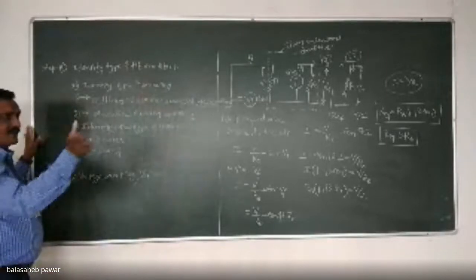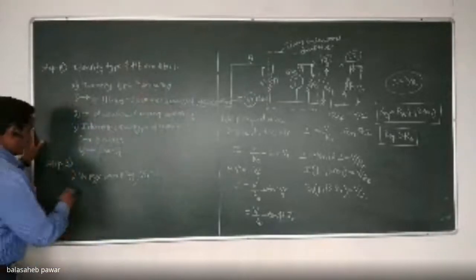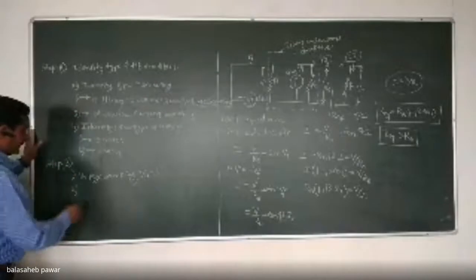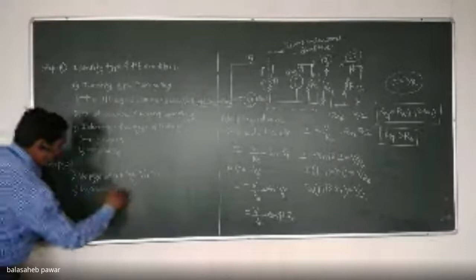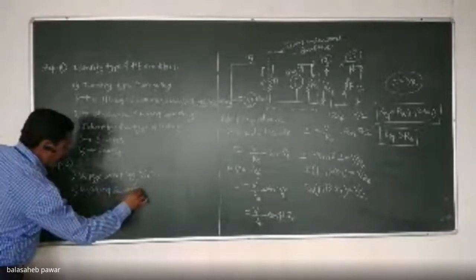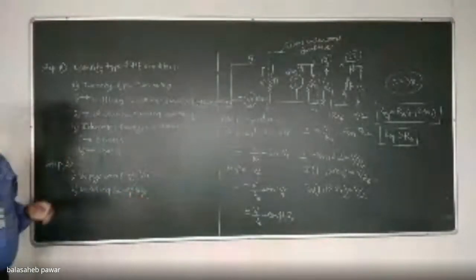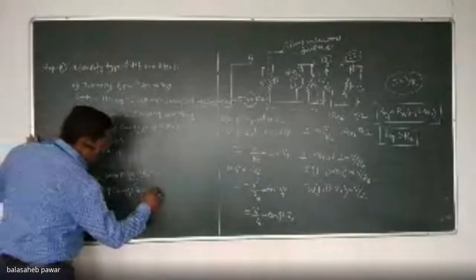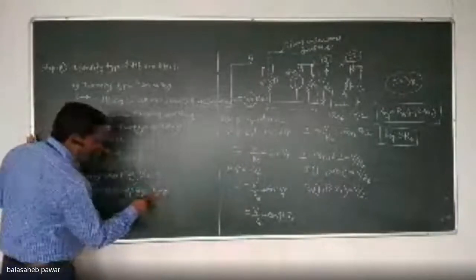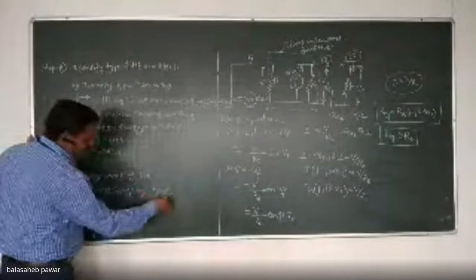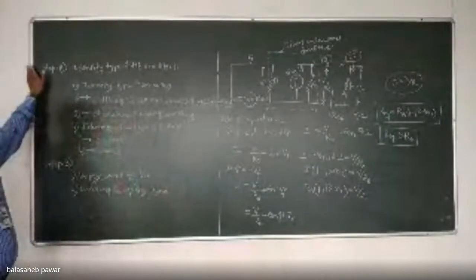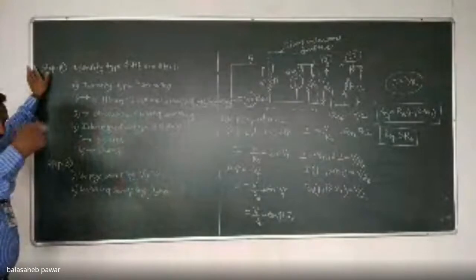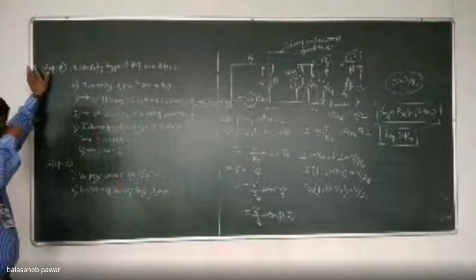Okay. And second one, for current type of sampling, make that IO equals to 0. Now, how will you make this output current 0? That is by opening the output port, or by disconnecting that feedback network. That means that the output circuit should get open.